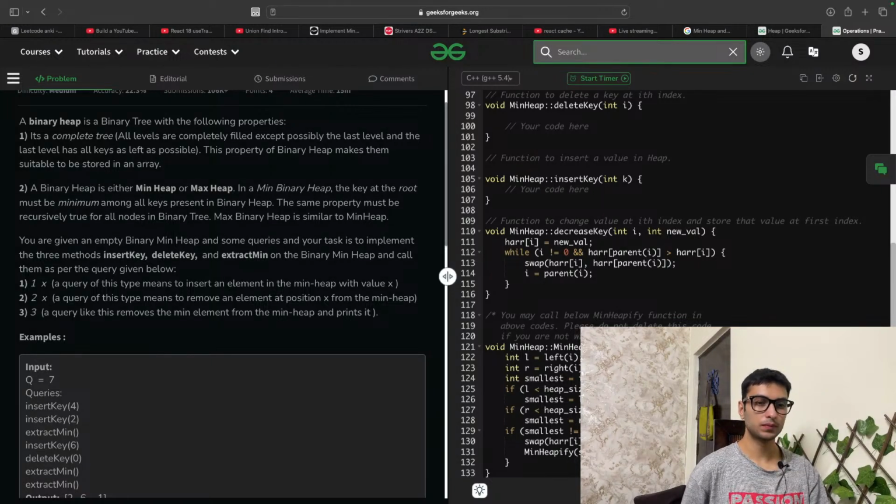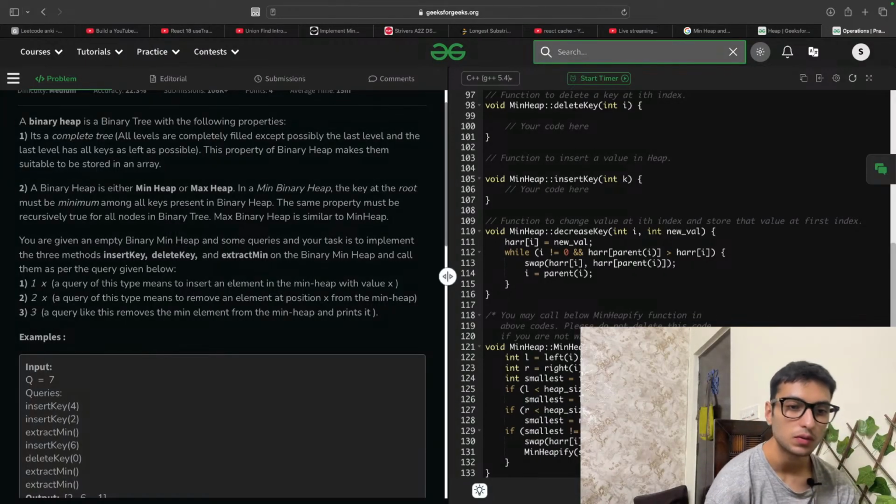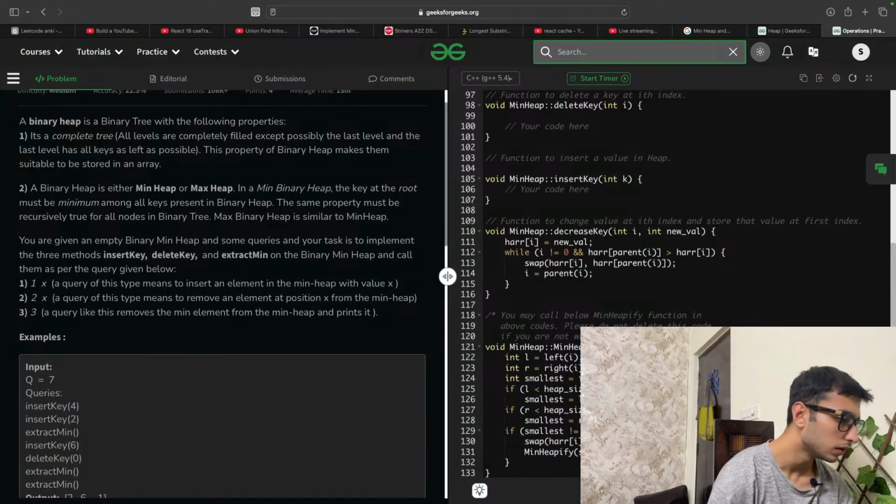So basically, it takes the left and the right of the heap, finds the smallest, and swaps your parent element with that element. Min heapify smallest, and then it does this recursively.